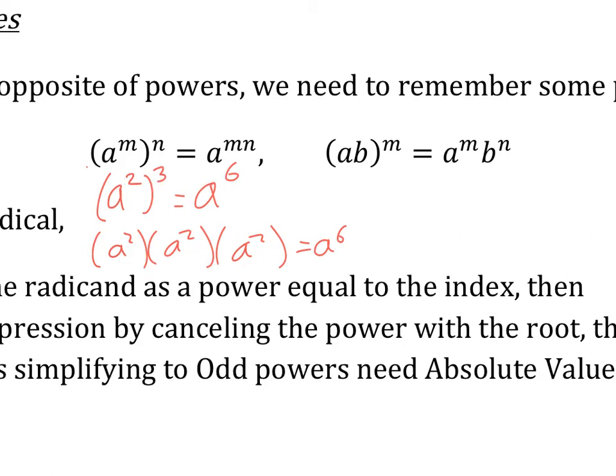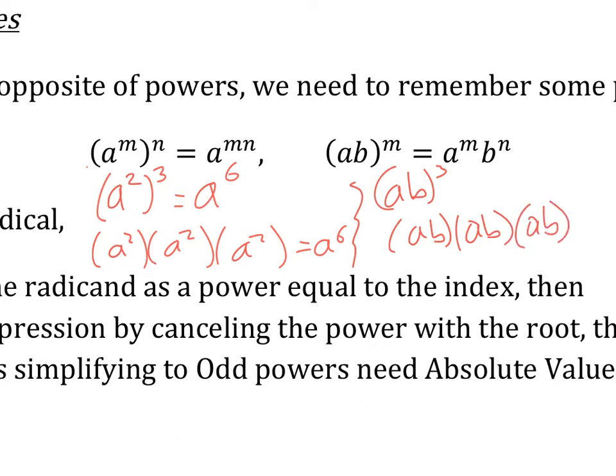Then if we have a product to a power, well, that power just affects both of these. All right, so if we have, for example, ab to the third power, well, this just means we have ab times ab times ab. And this is all multiplication in between here. In between these is all multiplication. This is a times b times a times b times a times b,